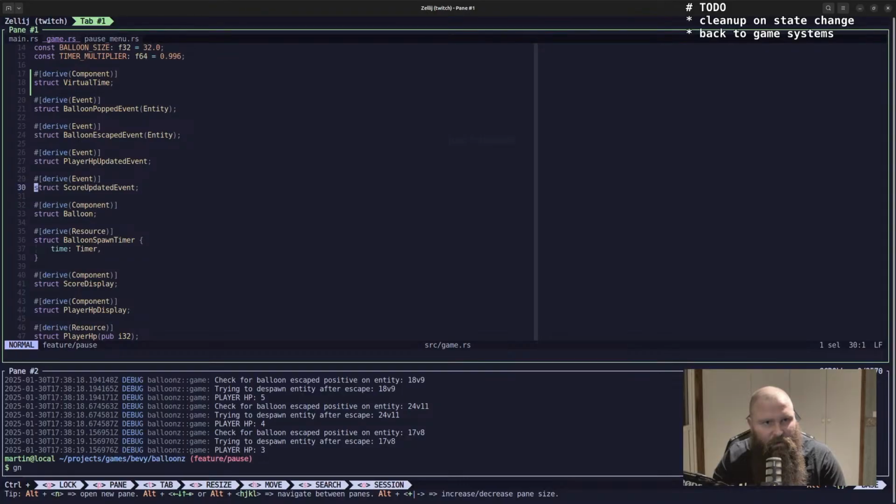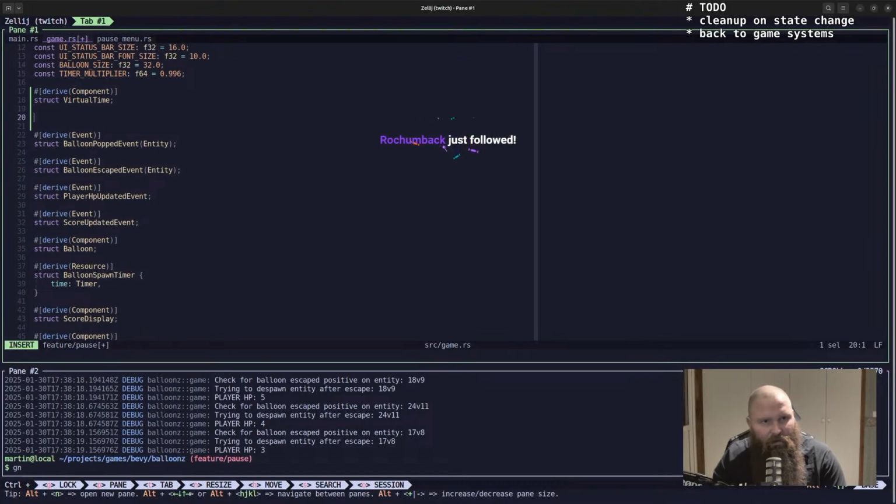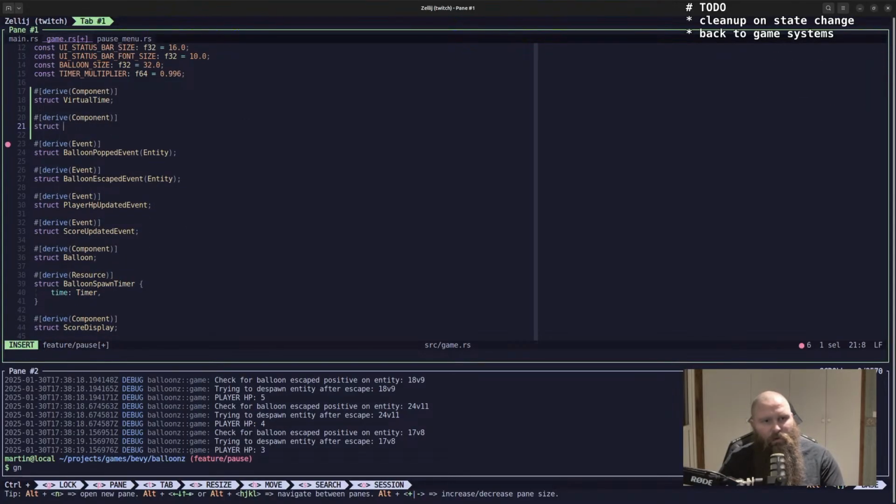Let's not care about this. And just add another one. Any suggestions for a better structure? I guess I could put all the types into a separate file. Component, and we just want